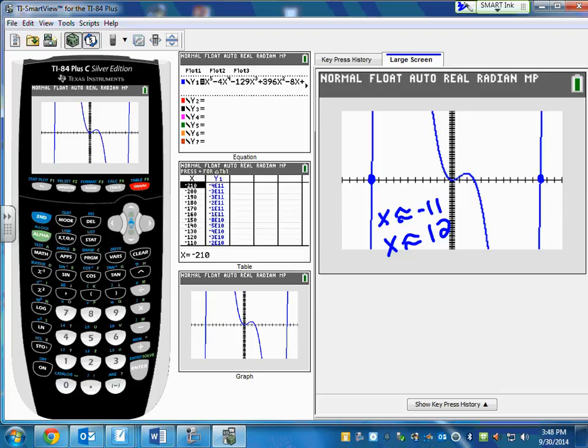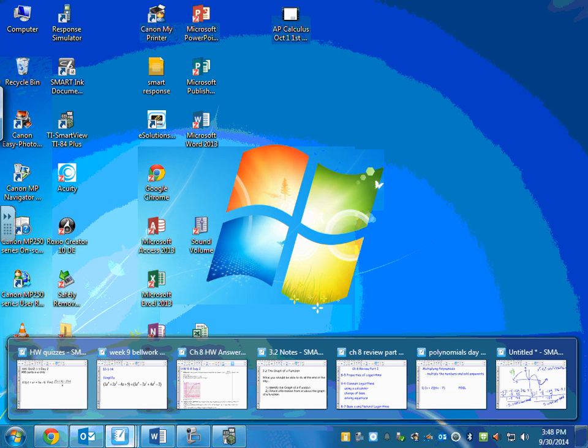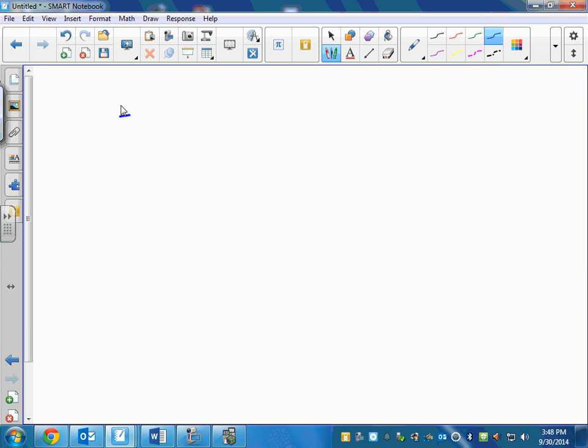Both 51 and 54 are kind of nice. I want to do 54 because it's a fourth power, and that's the one we didn't get to yesterday. I guess I should shut this. 54 says f of x equals x to the 4th minus x cubed minus 7x squared